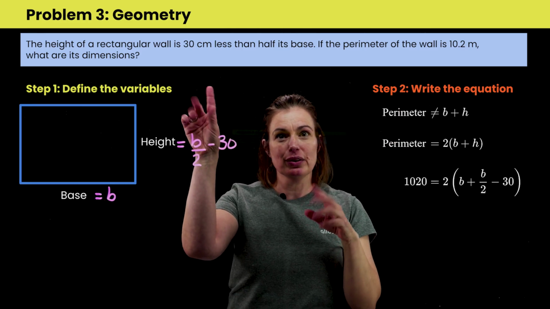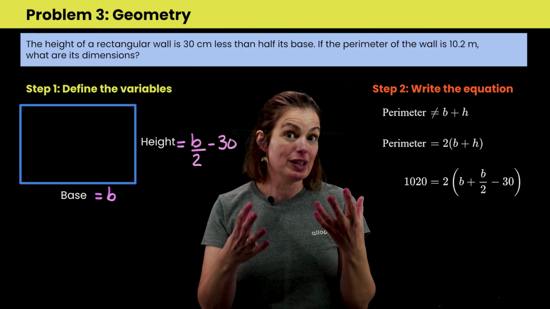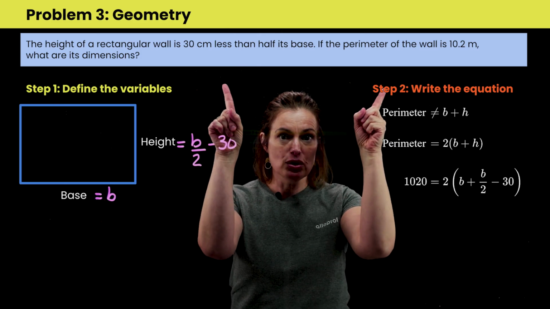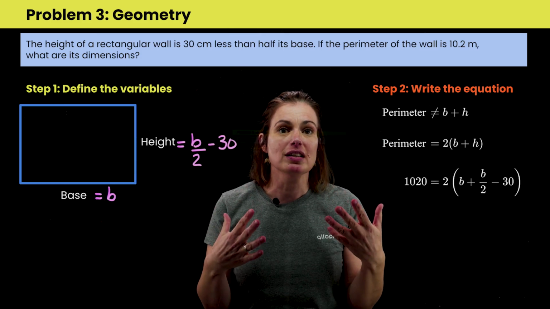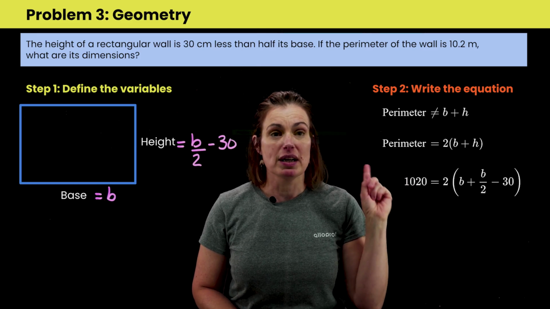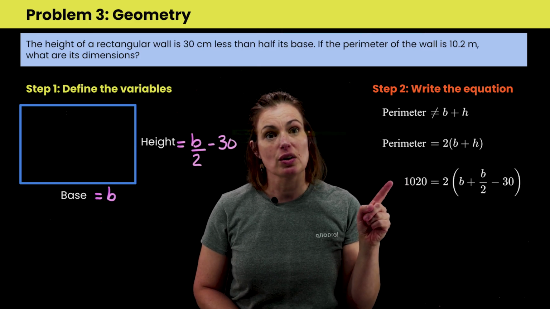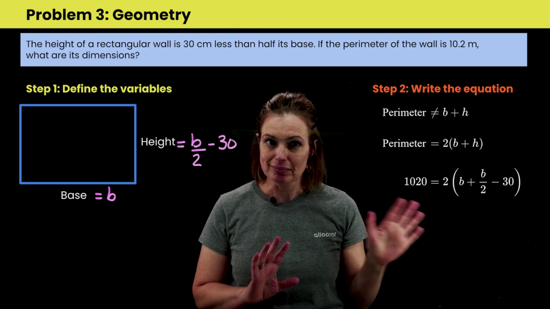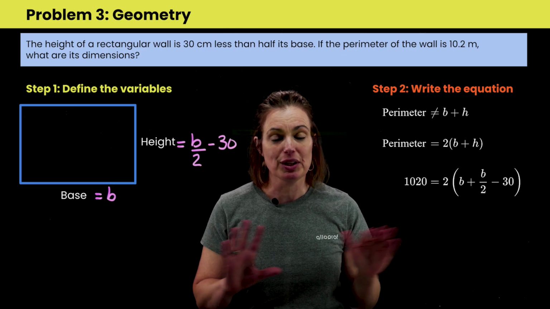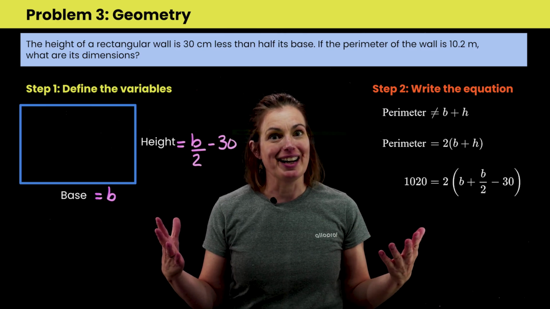But over here, they talk about the dimensions of the height, and they refer to 30 centimeters. So I have 2 different units. I've got to get them all into the same units for my problem to work. And so I've converted my 10.2 meters into the equivalent centimeters, which is 1020 centimeters. 30 stays in centimeters, and we can go forward from here and get the correct